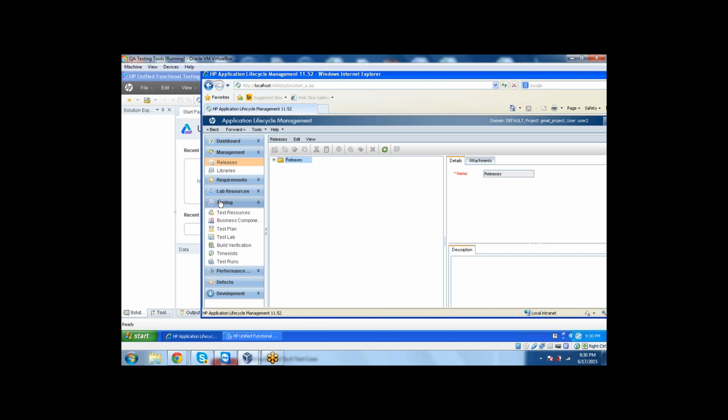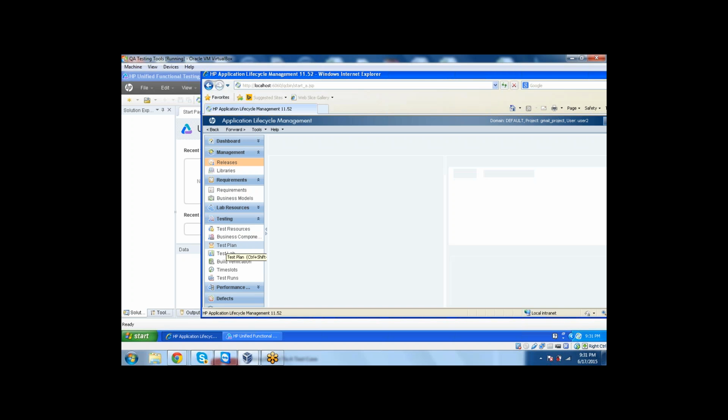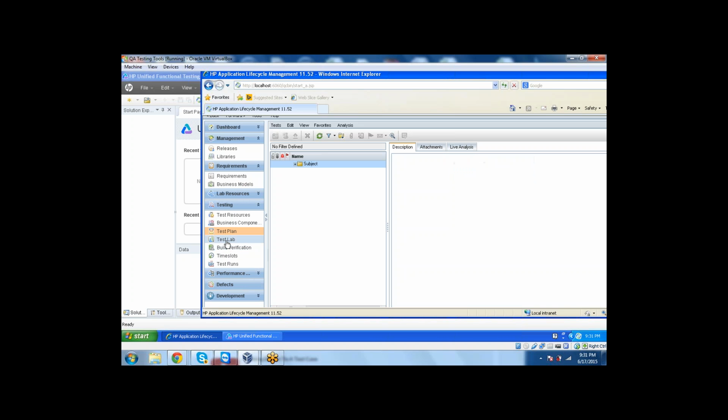So go to Testing, and under Testing, see, there are sections here. There's a requirement section where the BA can upload the requirement. There are two ways you can do it. You can upload the requirement like Word documents, or you can go and create the requirement using this tool. There is a testing section, and under that there is a test plan. Here you can create the test cases. So don't confuse this test plan with whatever test plan you understand. So anyway, hit the test plan,